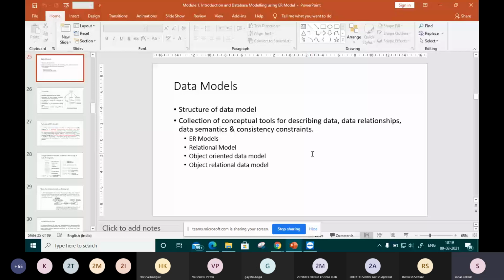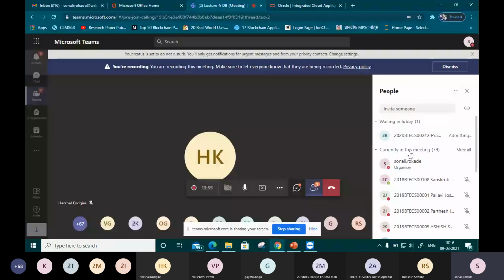These data models are classified into four types, so we can design our database in four ways. First is the ER model, which stands for entity relational model. Second is the relational model. Third is the object oriented data model. And the last one is the object relational model. These are the four data models available for designing our database.